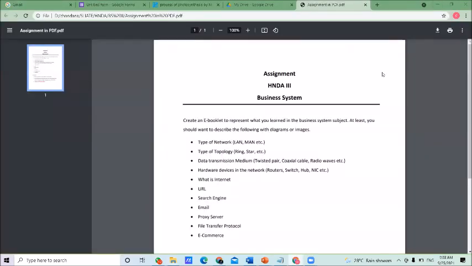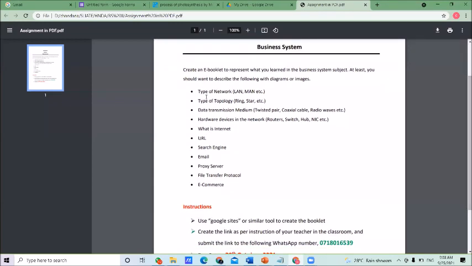I think all of you can see this assignment now on the screen. Here they are asking to create an e-booklet to represent what you learned in the business system subject. At least you should describe the following with diagrams or images.